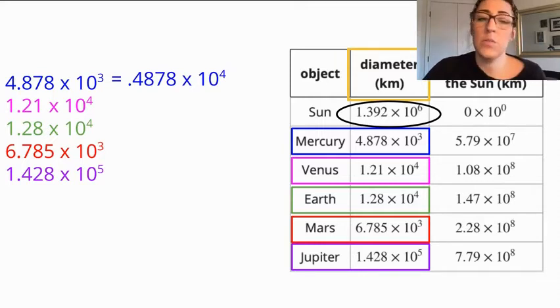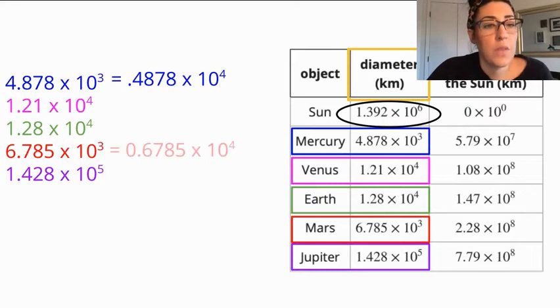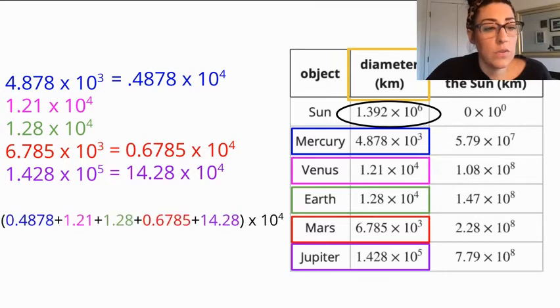You maybe did it a little bit differently. It shouldn't matter if you maybe chose to change them to 3 or maybe 5. That is totally fine. I decided to change it to 4 because I saw I had an exponent to the left of 4 and an exponent to the right of 4. So that was just my justification there. So I'm going to change Mars and Jupiter as well. You can see that all of those have now been rewritten to have an exponent of 4, which means I can now add together all of those leading factors, still multiplying it by 10 to the 4th power, which gives us